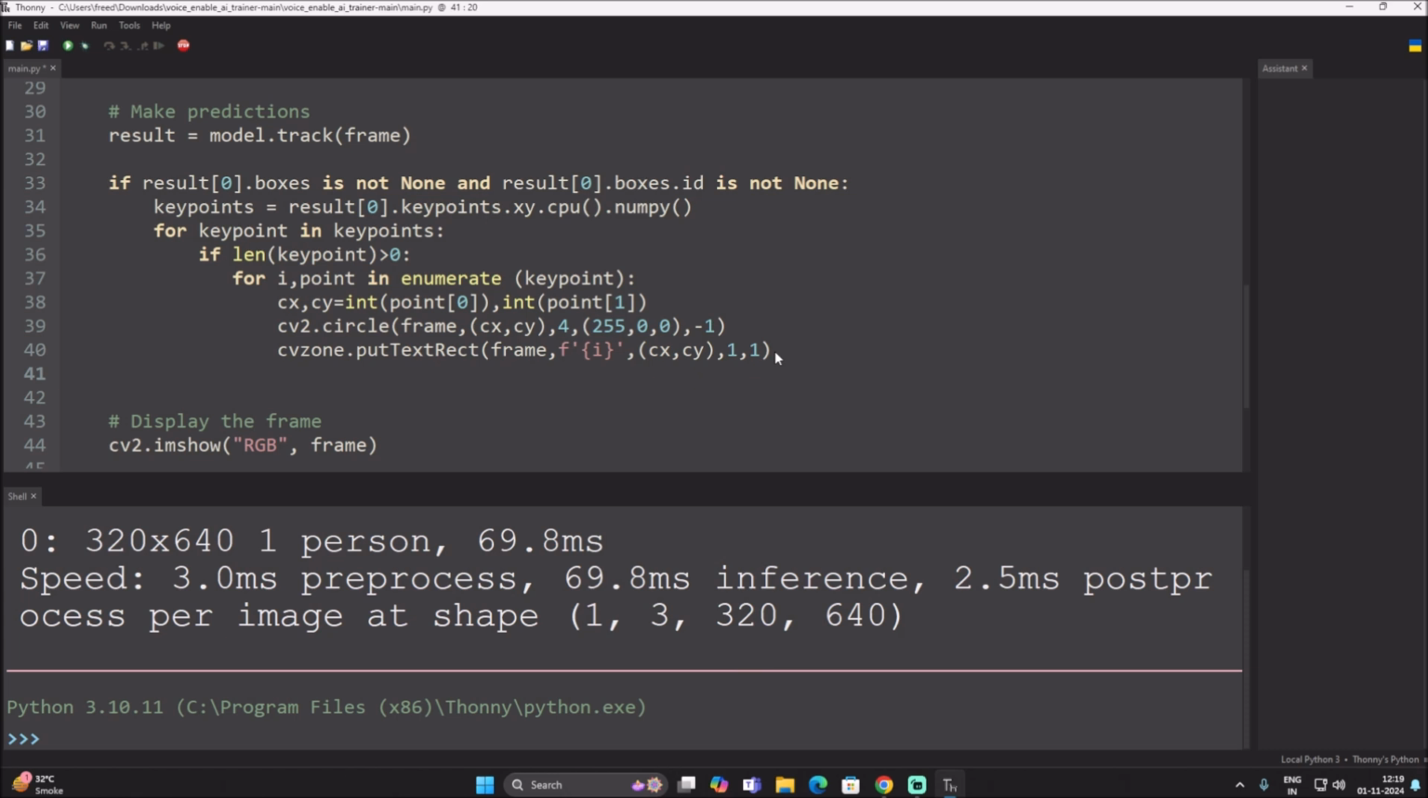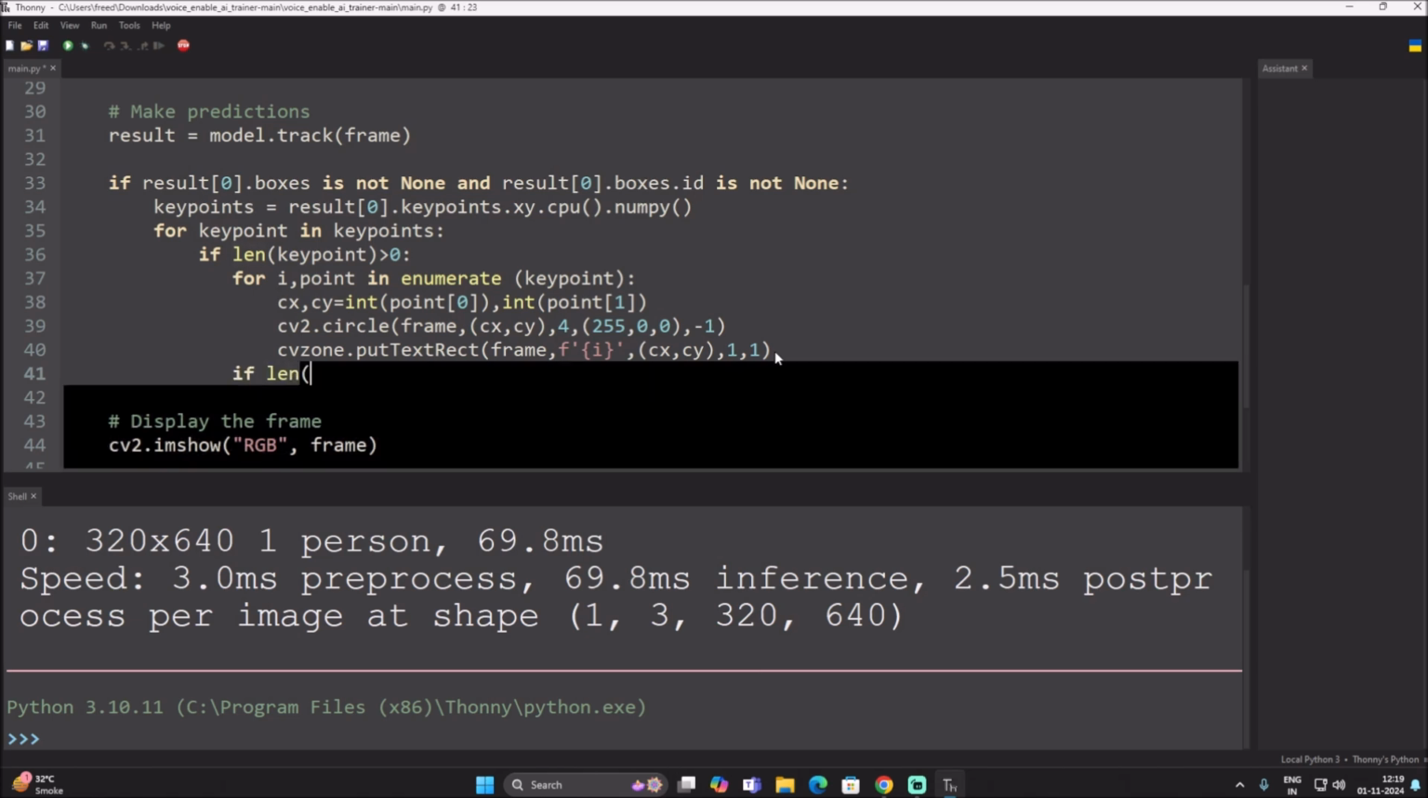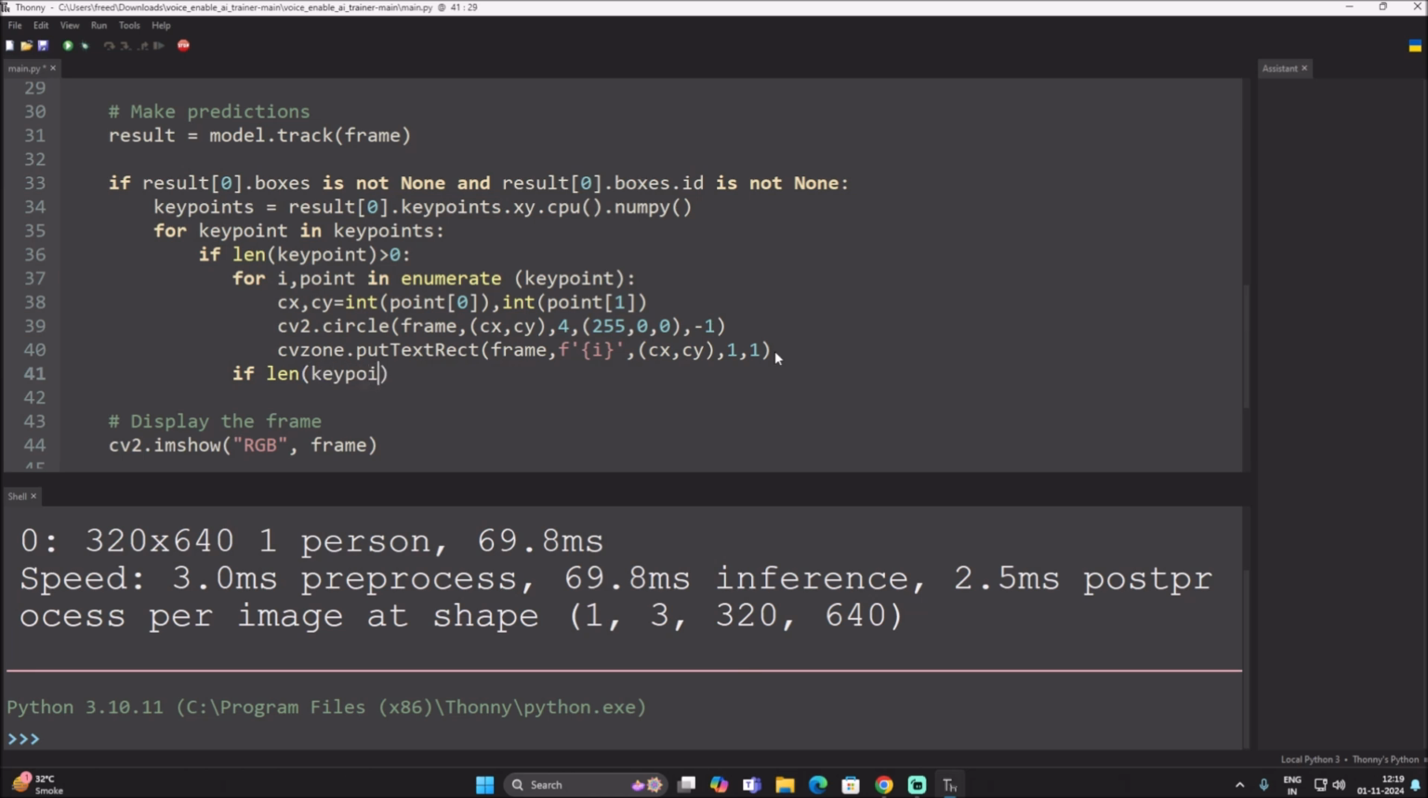So here simply we will mention if. So let's just first check if it is a line. So we want to start from this line where we have our for. So here I will mention if the length of our key point is greater than 8, then we will mention all the points which we need. So cx1, cy1 is equal to int, key point,